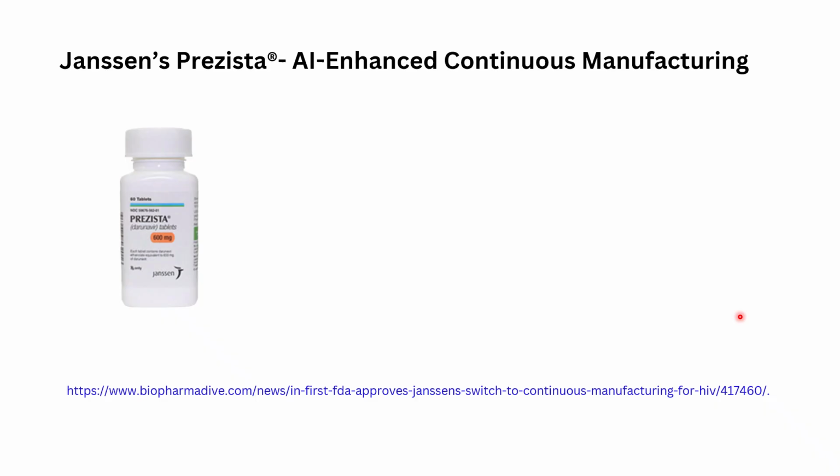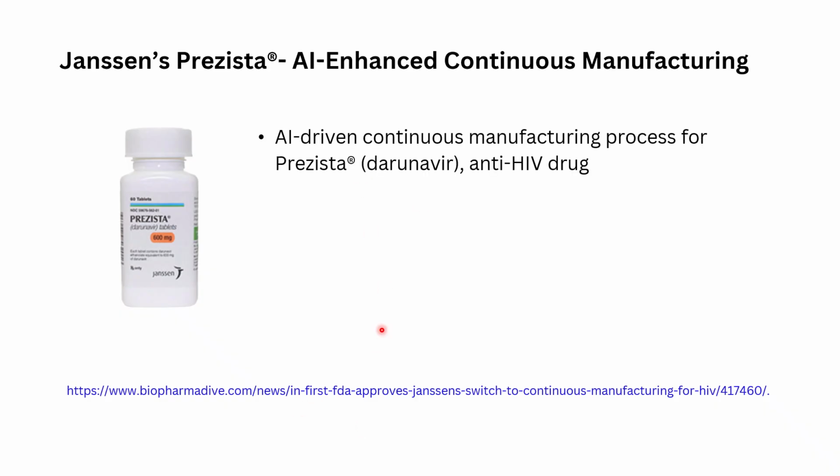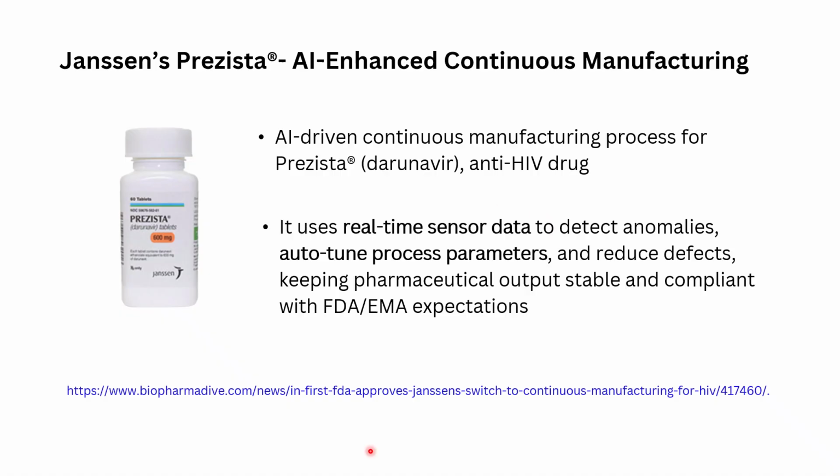Now comes Janssen's drug Prezista. So Janssen transitioned from traditional batch manufacturing to continuous manufacturing of this compound, Prezista or darunavir, using AI and machine learning models and real-time sensor data. So this real-time data is used to detect manufacturing anomalies and auto-tune the process parameters,